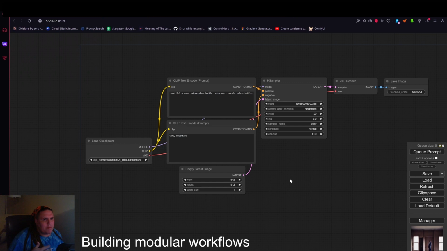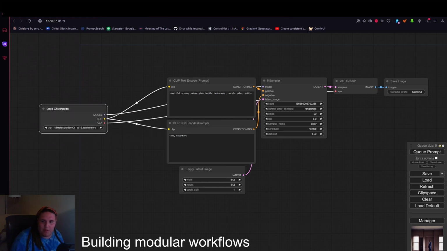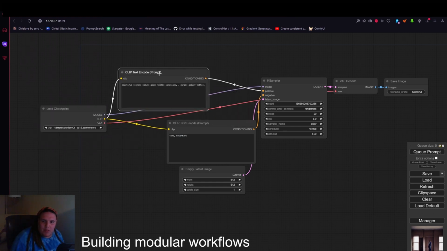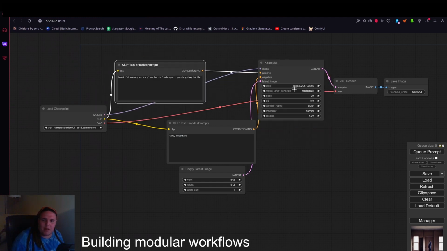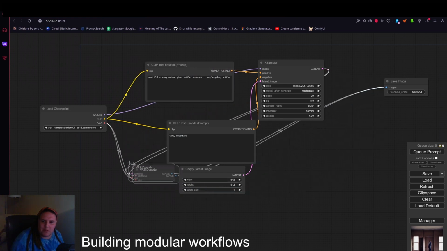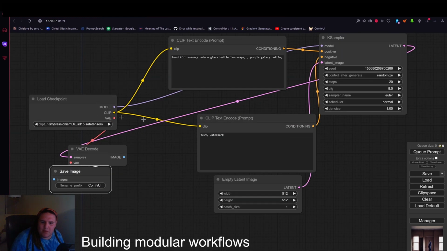And so when people learn using this as a basis, what you get is people who plug everything in directly to individual nodes. So you'll have everything plugged in all the way back here at the start of your load checkpoint. You'll have everything plugged into the clip node, so you'll have multiple KSamplers all plugged back into this one. You'll have weird things where you've got stuff placed over here so that everything is accessible in one place for the person working on it. And then you get these big tangles of noodles,